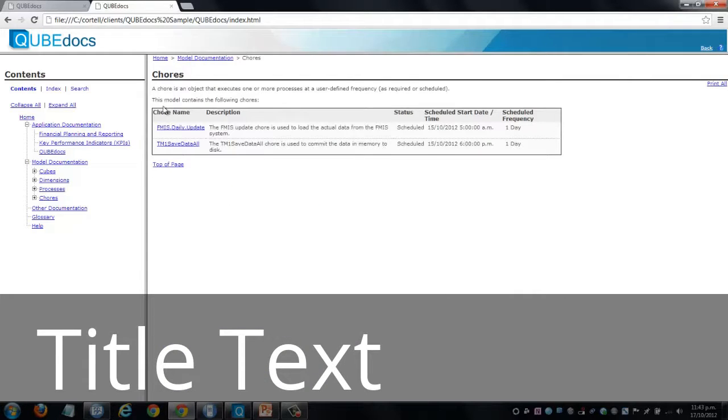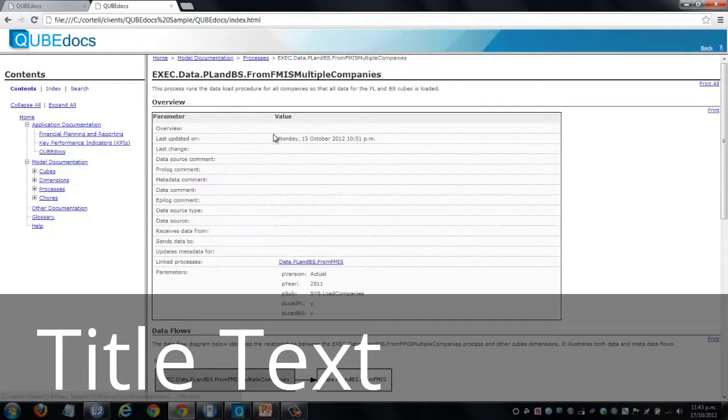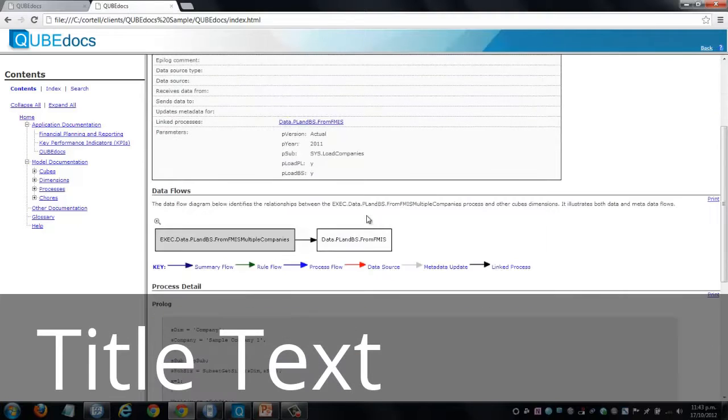And finally, chores. I can basically have a look at my chores. I can see information such as is my chore scheduled or not scheduled? What date was it first scheduled at? What time does it run? And what the frequency is for that. I can also drill further, and I can see my underlying processes with the actual parameters that they run that are set in the chore. And I can drill through to my process to find out more information about it too,